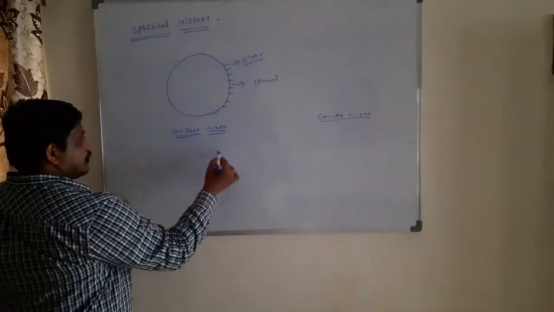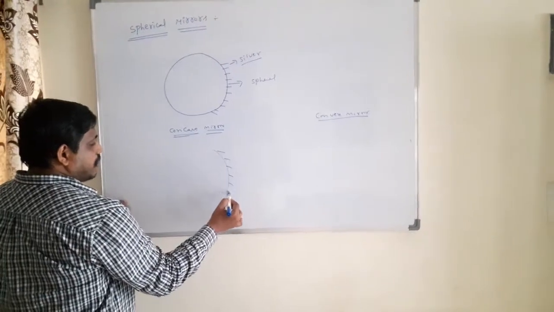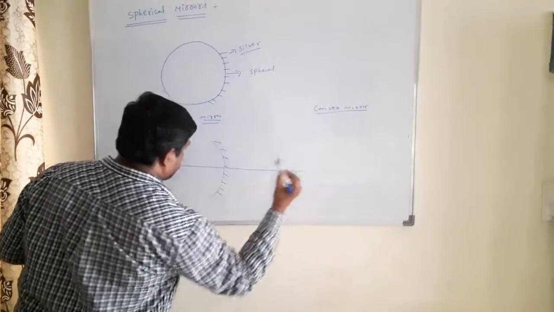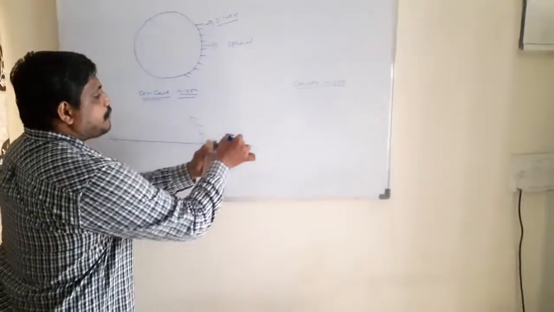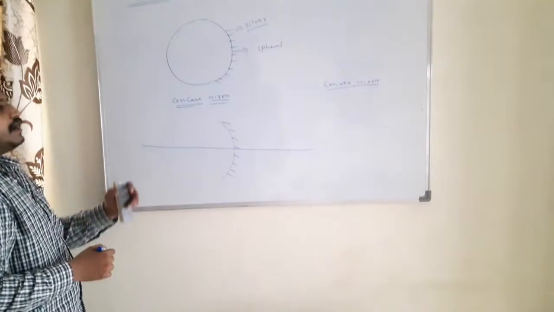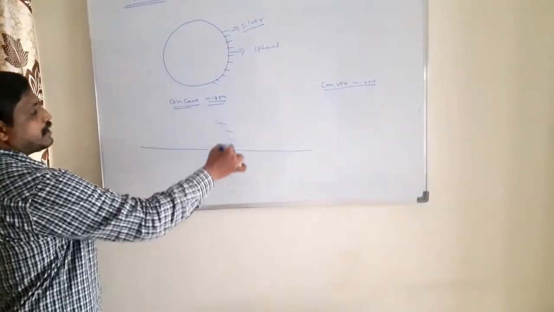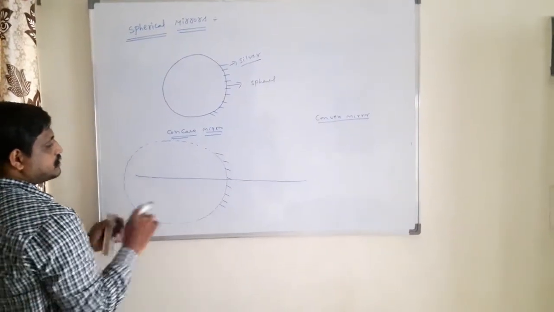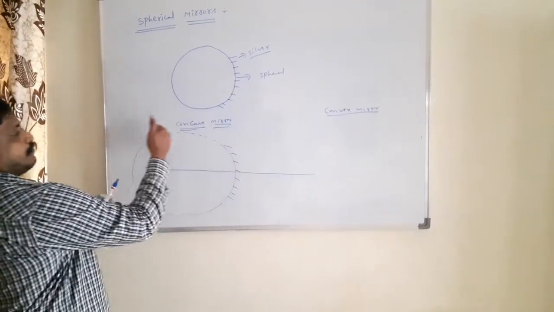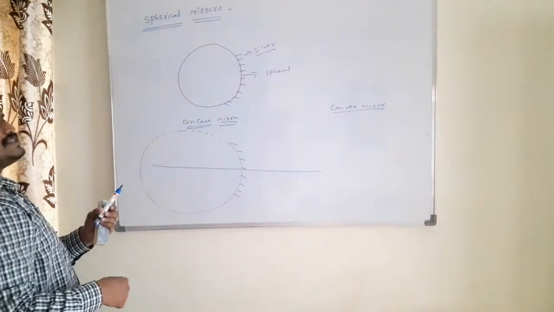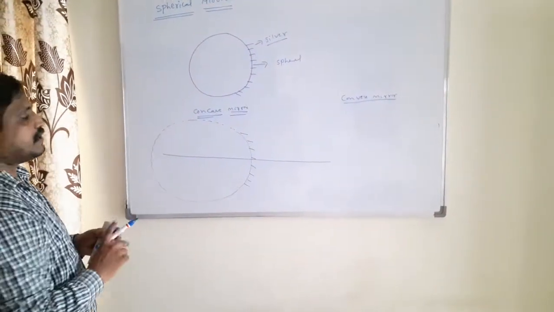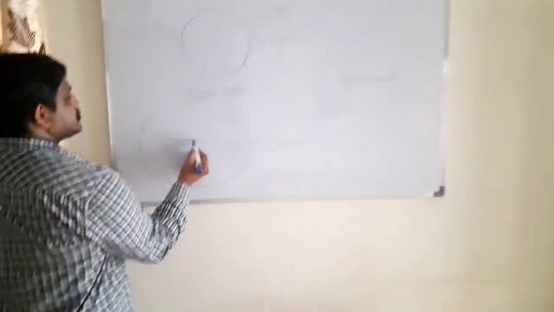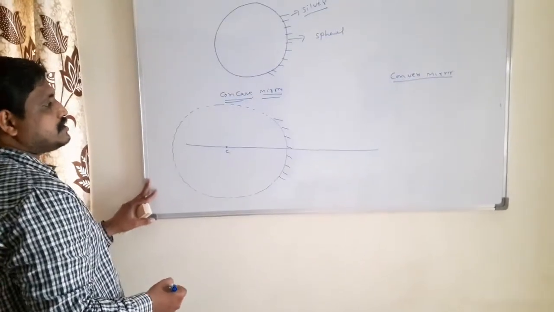Look here. This one side is coated with silver. This is called the principal axis generally. Here, this is some part of the sphere. We draw an imaginary sphere based on the curved surface. Based on the curved surface, we imagine a perfect sphere. In the sphere, this is the center.